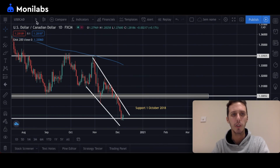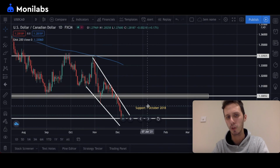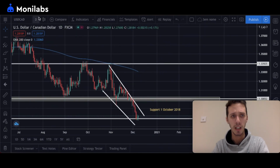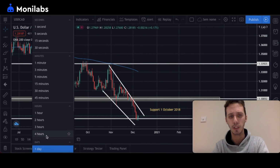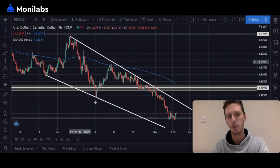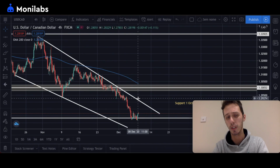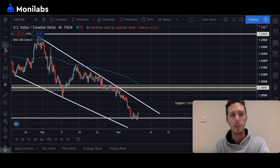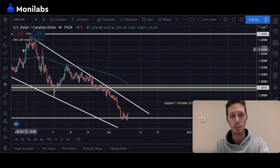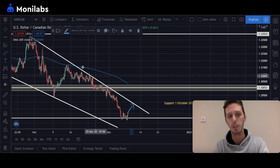As you can see here on the USD CAD, on the daily time frame, we found the support here from October 2018, a massive one, and the USD CAD cannot break down this support line. So what I think is going to happen is, as you can see here, we have a descending channel, and the EMA is actually showing us that the pair is in a downtrend. But what I think is going to happen during this week and the next ones is this price is going to rally up. We're going to finally have the first breakout of the descending channel until it reaches here,